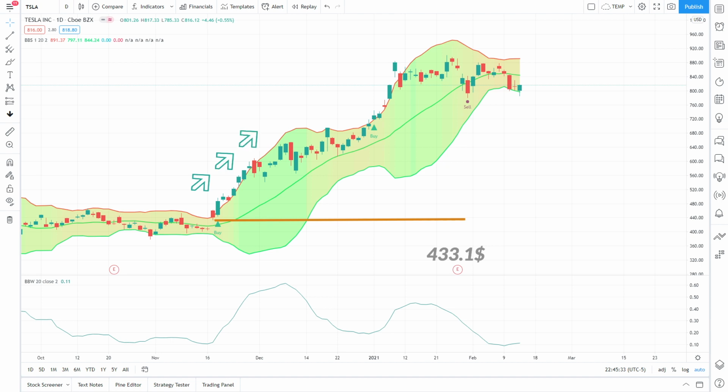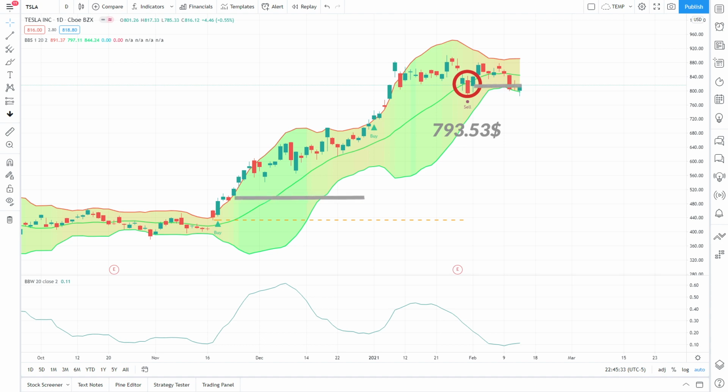quite significant breakout. Our signal to exit this position does not come until a candle closes below the middle line of the Bollinger Bands, all the way up here at $793.53. This is an excellent result. We have made a profit of $301.53 per share, which is a 61% gain. The risk-to-reward ratio for this particular trade is a little over 5-to-1. This means that our reward was over 5 times greater than the amount that we were risking.